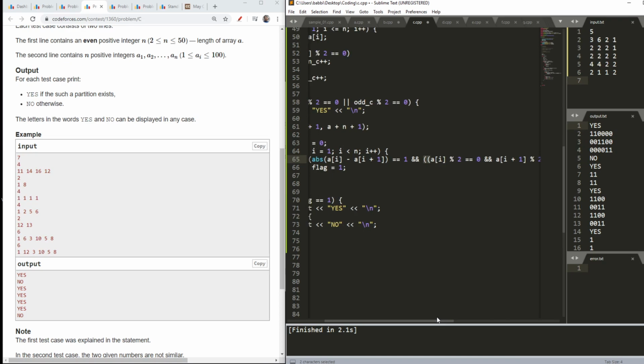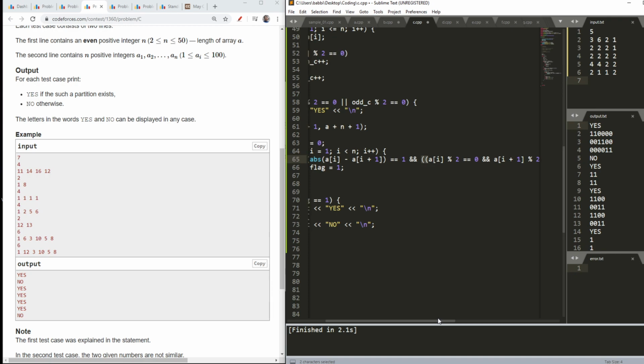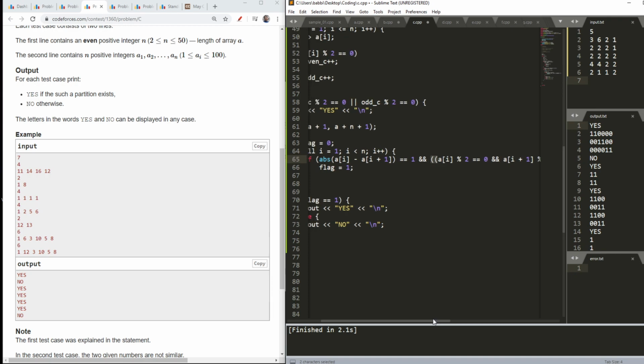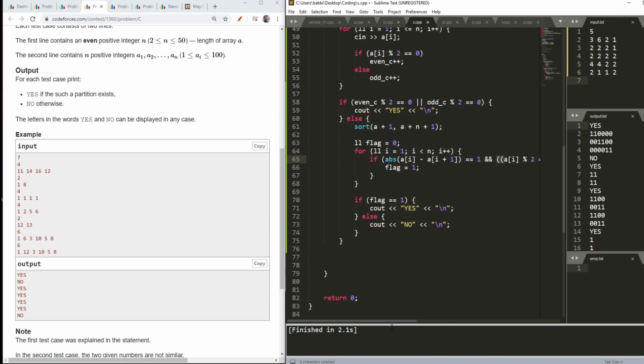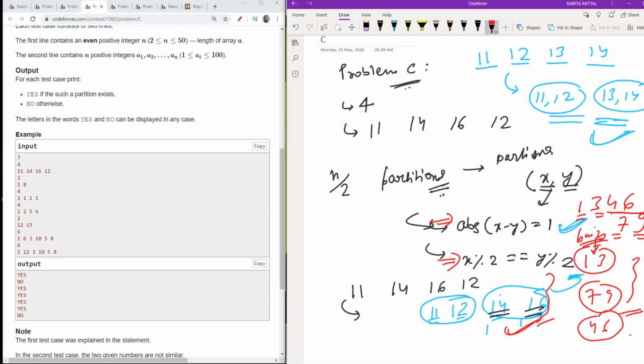I can opt for them, but now I am saying why it is not much required: two adjacent elements, if they have a difference of 1, then one will be odd and the other will be even. So actually I need this.